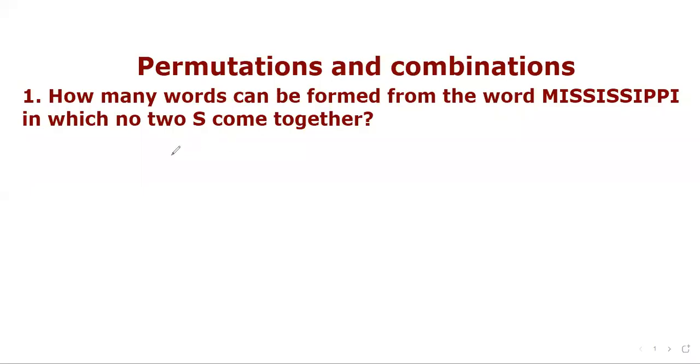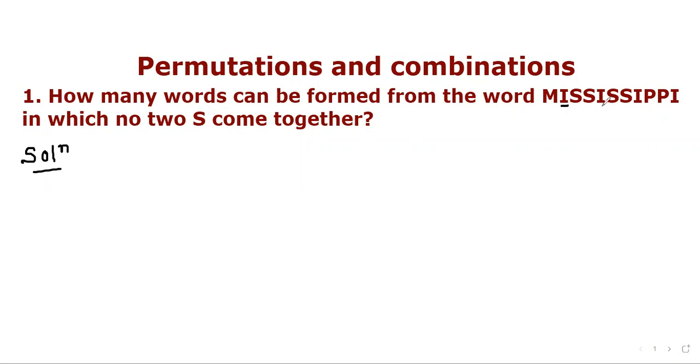Permutations and combinations. Question number one. How many words can be formed from the word Mississippi in which no two S come together? Let's see the solution. In the word Mississippi,